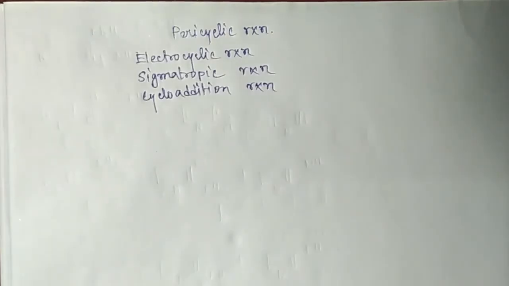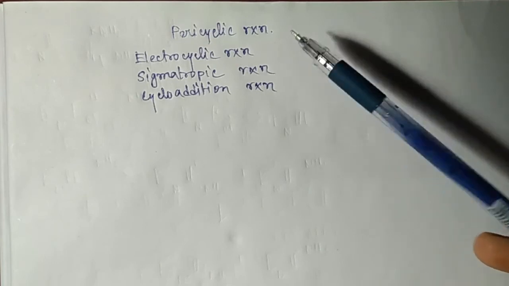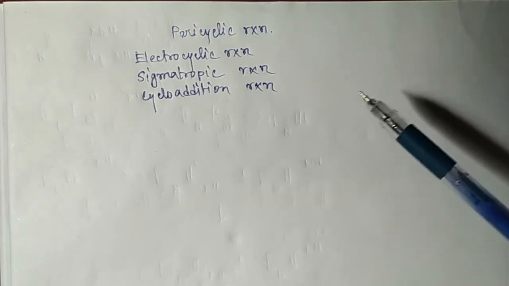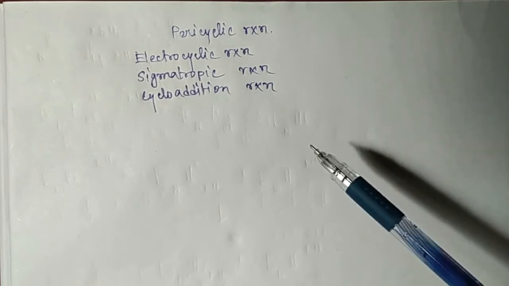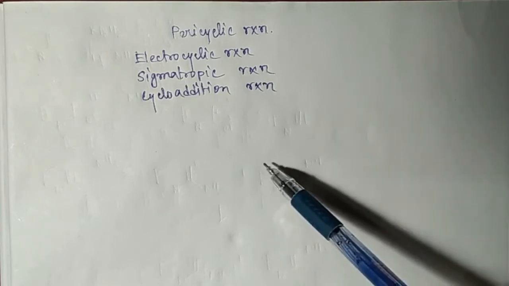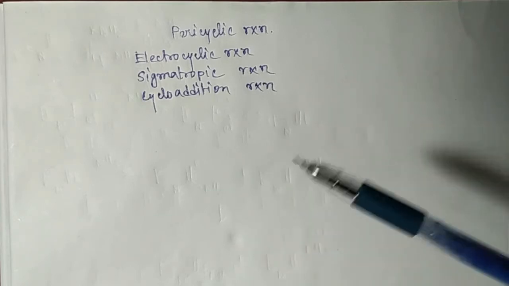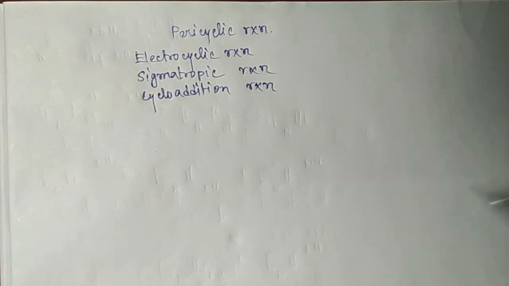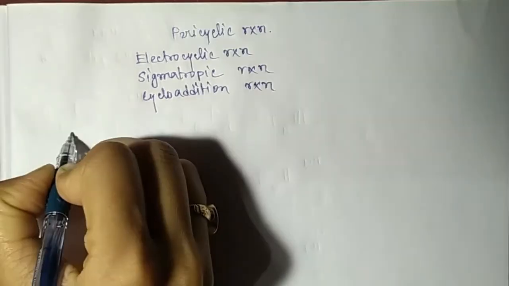There are three types of pericyclic reaction: electrocyclic reaction, sigmatropic rearrangement or reaction, and cycloaddition reaction. Before going to electrocyclic reaction and others, we will learn how to draw the molecular orbital diagram of organic compounds. So let us take a molecule, ethylene,